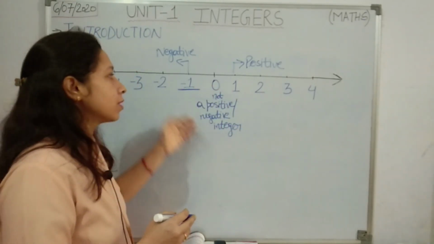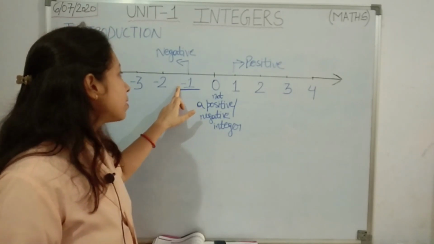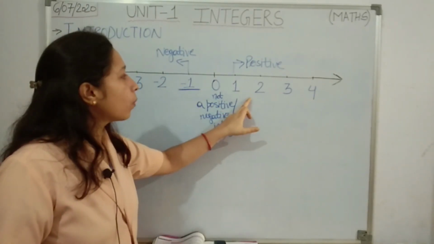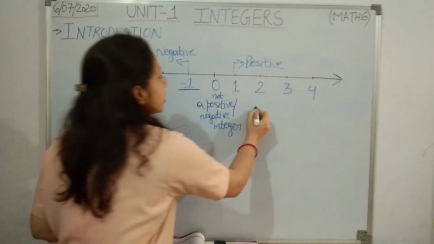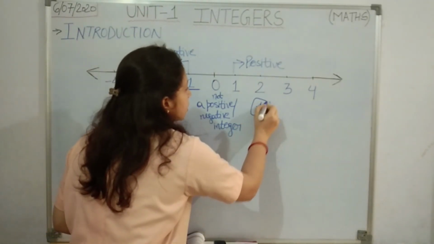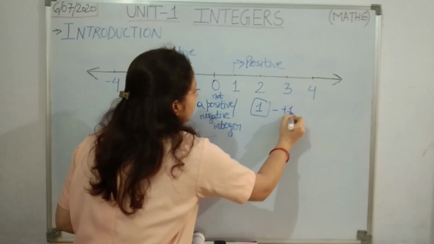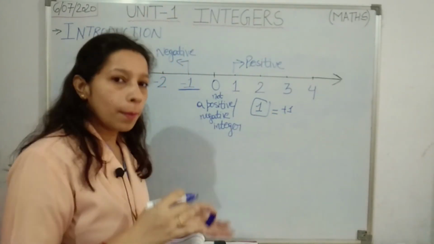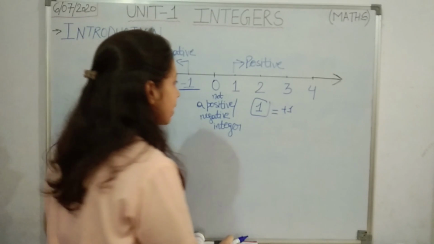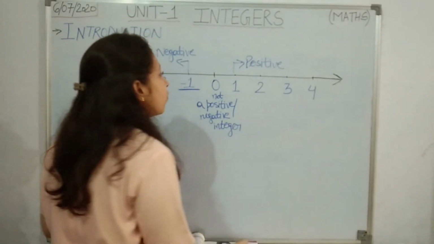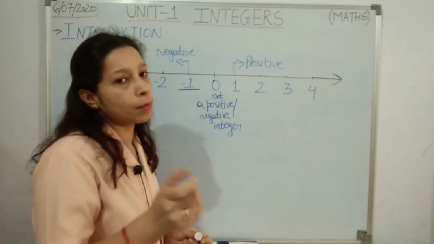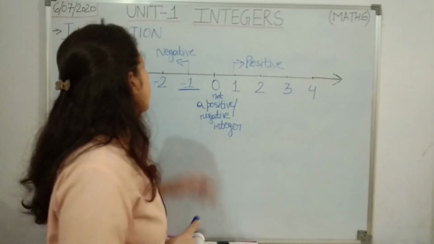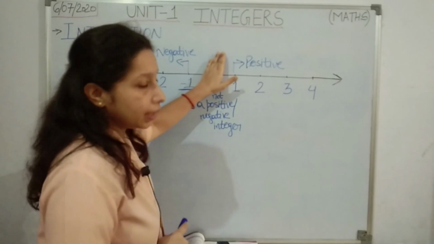Okay, so this is your number line, and in integer chapter you are going to deal with positive numbers, negative numbers. Here with negative numbers minus sign is written, but you can see here 1, 2, 3, 4. Plus sign is not necessary. Means if it is simply written 1, you are going to consider it as plus 1. With 1 there will be plus sign, but no need to show it. If no sign is written with the numbers, it is understood that the numbers are positive. So this is the introduction to integers.